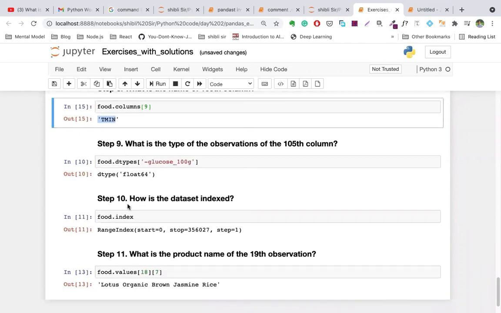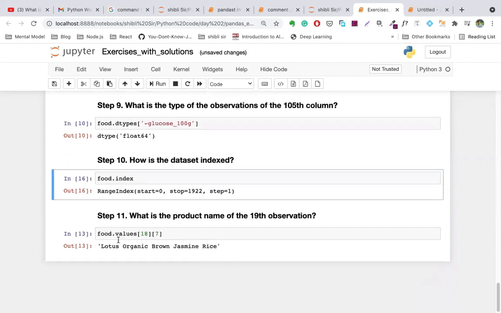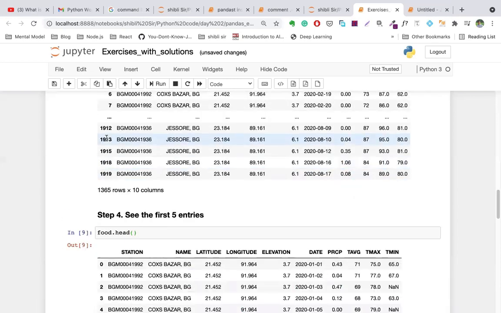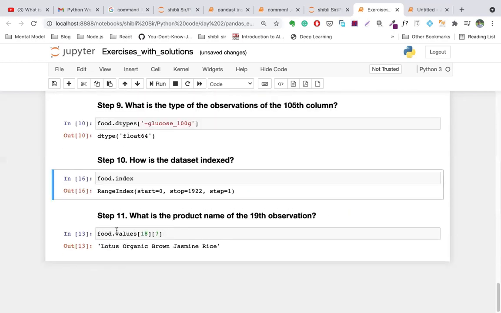How do you index data? You just write food dot index. It will give you the index number. How many rows are there? There are 1922 rows. Okay. So you can also know what is the product name of the 19th observation, I mean the 19th row. You can access it by going to the food,